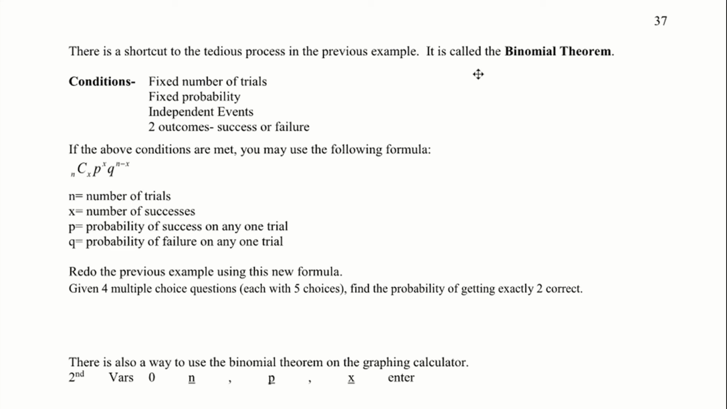And you could see the preamble. There's a shortcut to the tedious process in the previous example. So you already know it'd be like pulling teeth. It's called the binomial theorem. Basically, it's accounting for the probability that you could have a certain number of positive outcomes among a certain number